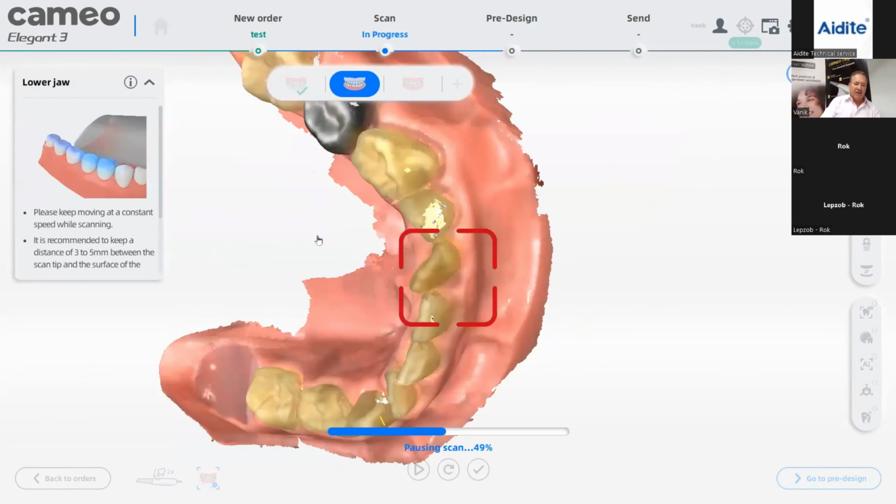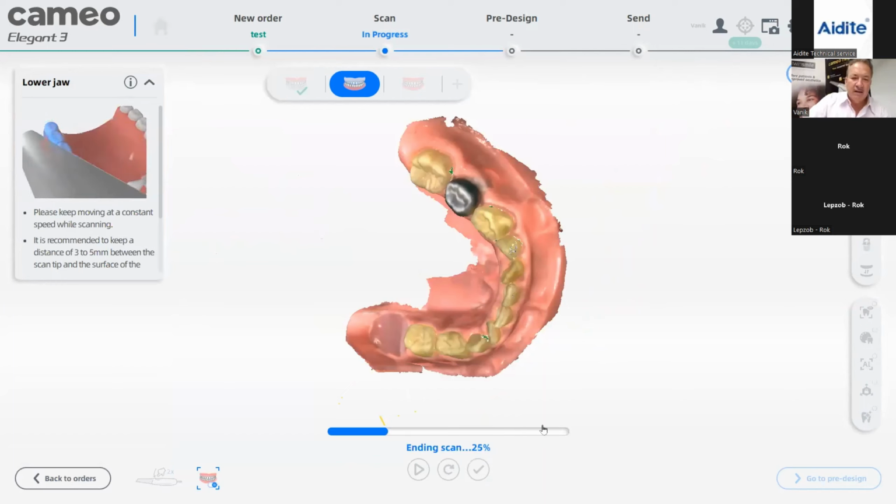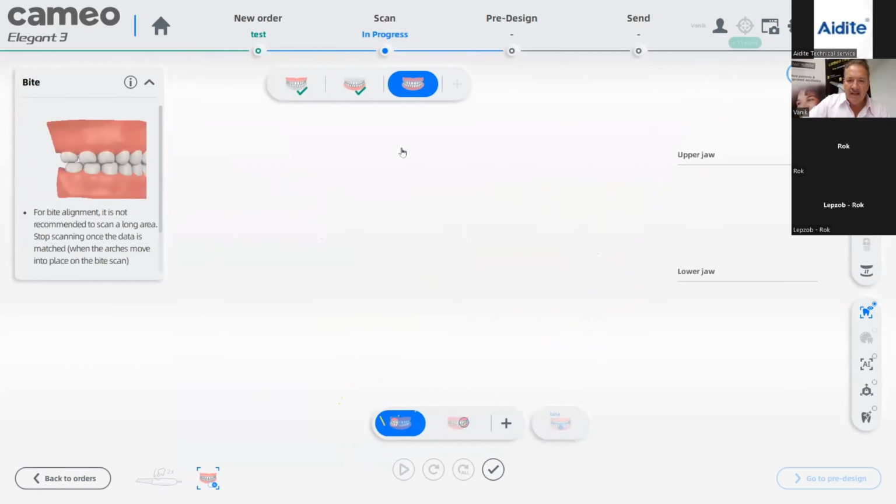Now something which is very, very interesting also is, let's say I finish my lower jaw. I hit the next button. Now it does the bite. So bite here works excellent. So you have 3 pictures: upper, lower, left, right, and in the middle. So you go here,